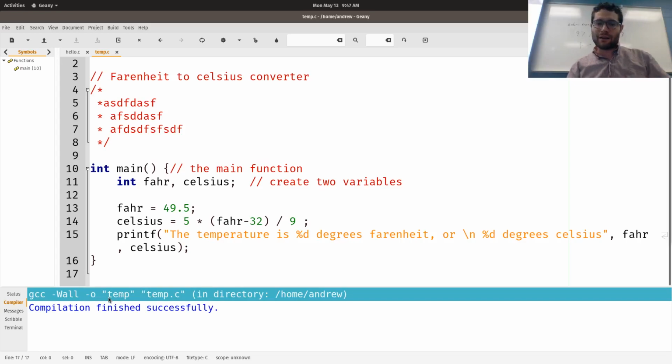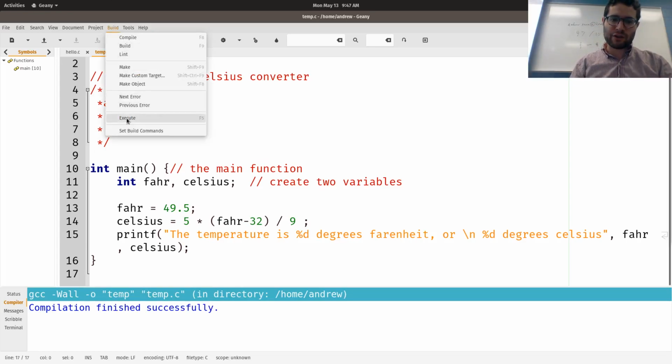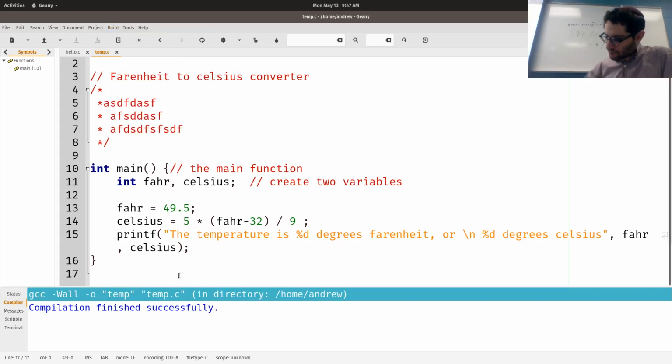And then the F5 run command looks for a program with the same name as the program you're trying to run. It works if you're doing single files right now.